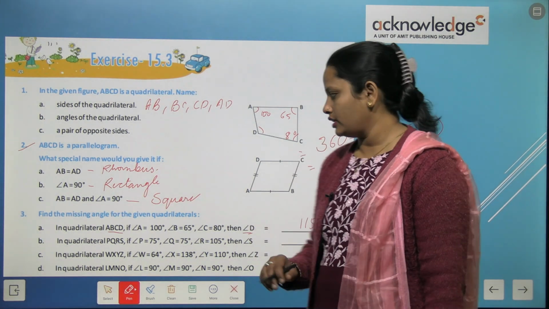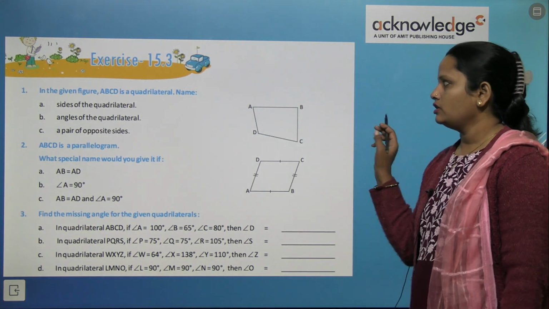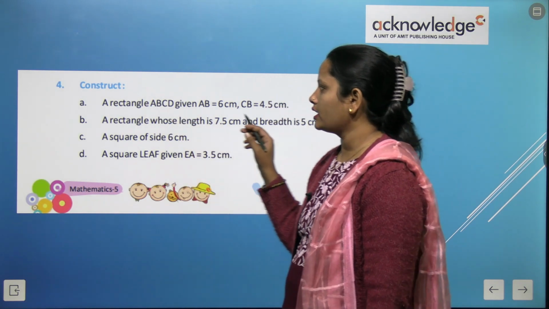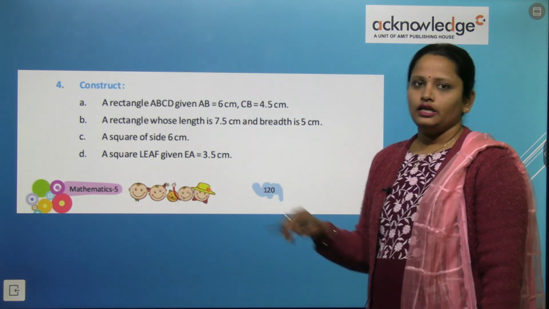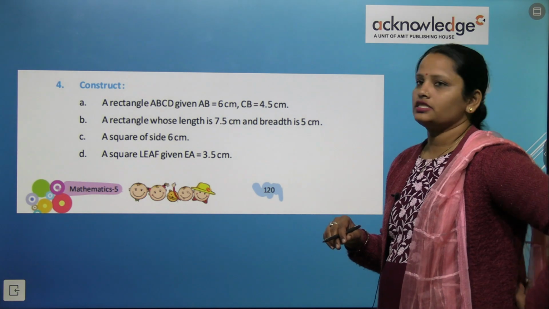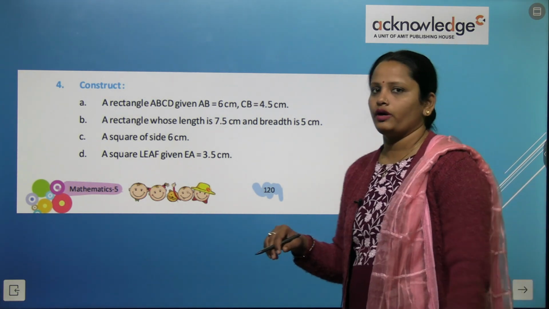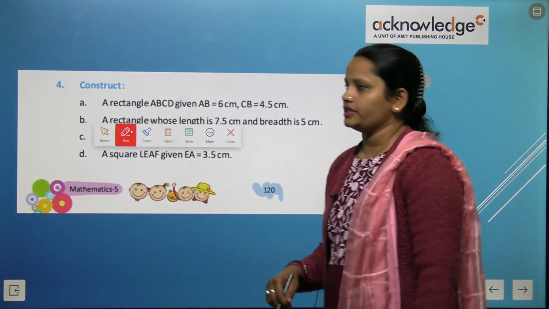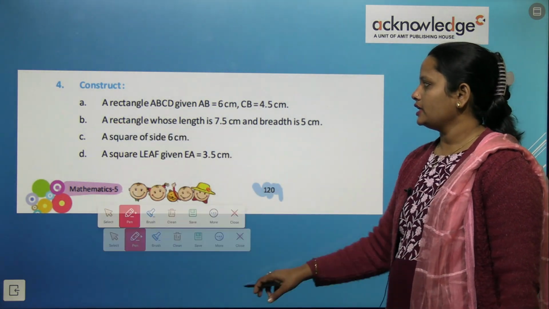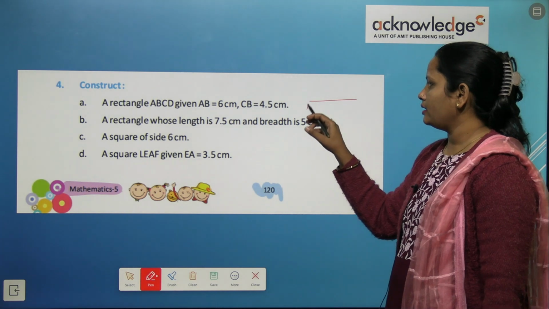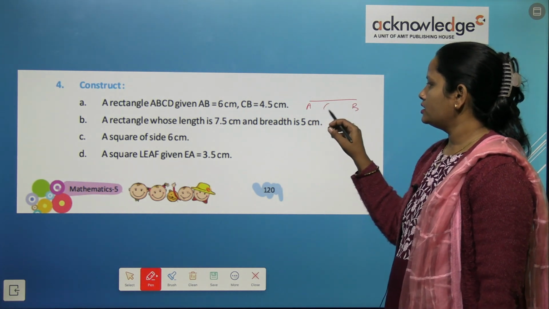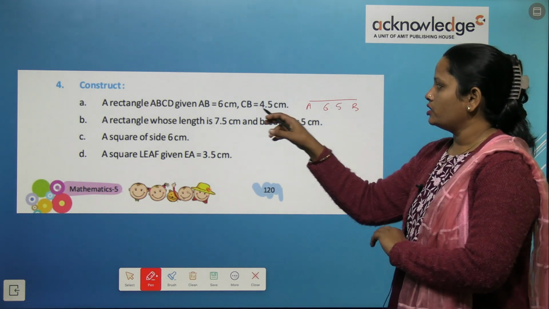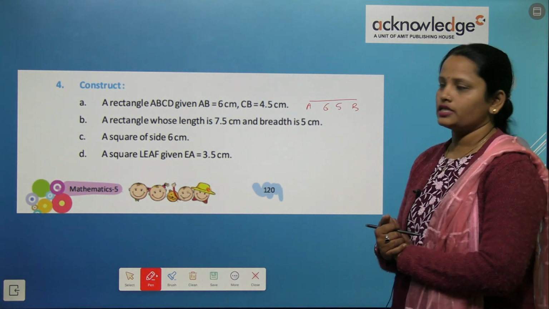Similarly, children, you have to find the answer of the rest of the questions. Now question number 4 is construct a rectangle ABCD given AB should be 6 centimeter and CB should be 4.5 centimeter. So यहाँ पे हमें एक रेक्टेंगल बनाना है, ABCD है, जिसमें AB हम बना देते हैं पहले AB 6 सेंटीमीटर आपको लेना है on your scale, from your scale you have to draw, और CB लेना है 4 सेंटीमीटर।